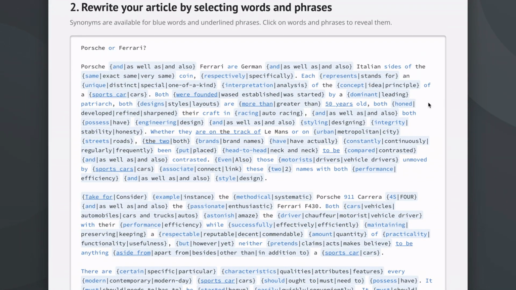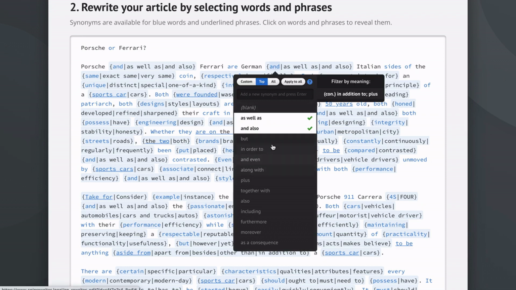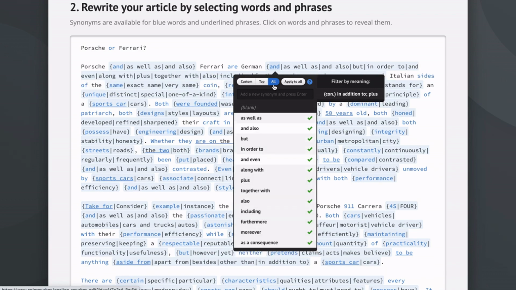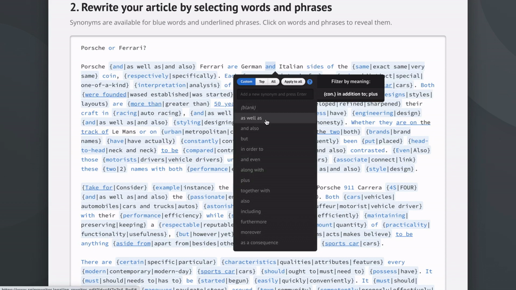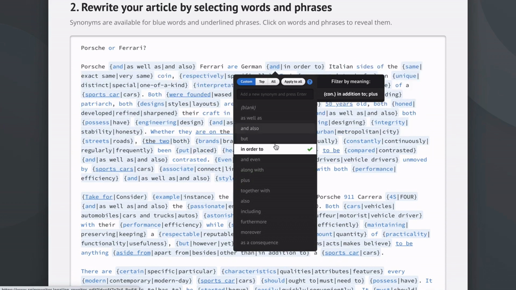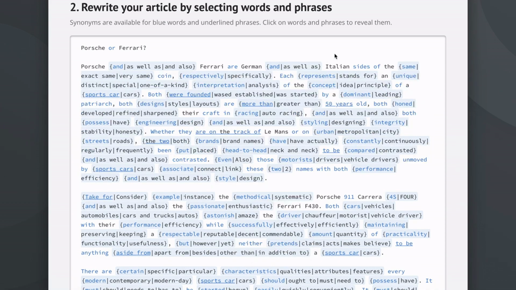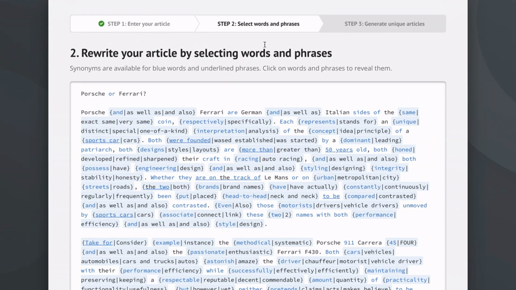So we now have all of these synonyms available, and now if we want to read the article again and maybe change something, we can always click the words and then adjust the suggestions SpinRewriter made. Like we could add this synonym, take this one away, pick all of the synonyms here, pick just the top ones, or start from nothing. So this is how we can tweak our article to perfection